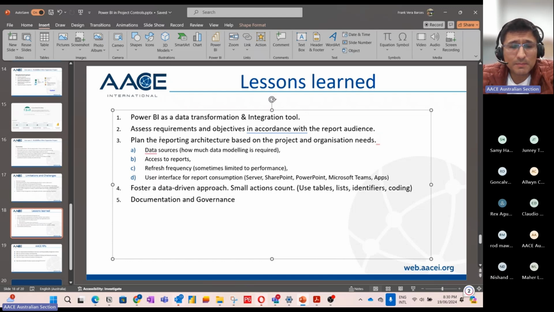And we have to blend the reporting architecture as well. It happened to me that I was rushing sometimes trying to put in place Power BI reports when what I needed was to establish a process, an architecture that we have to follow to be able to implement Power BI reports. You have to evaluate and assess what the data sources are, how much data modeling you would require,